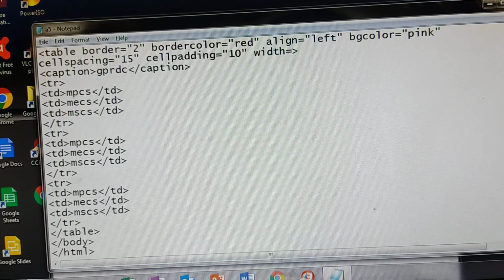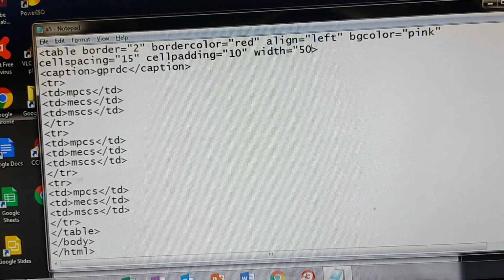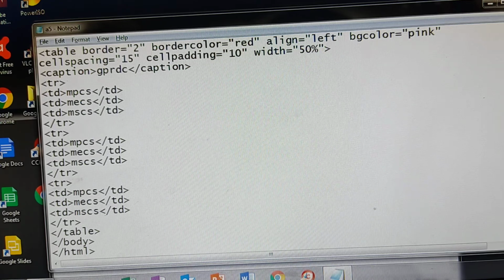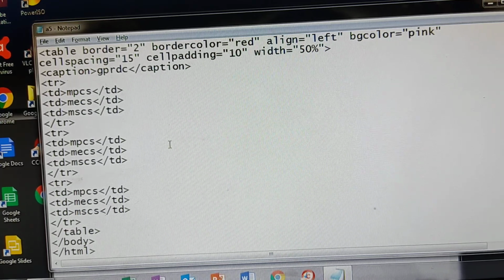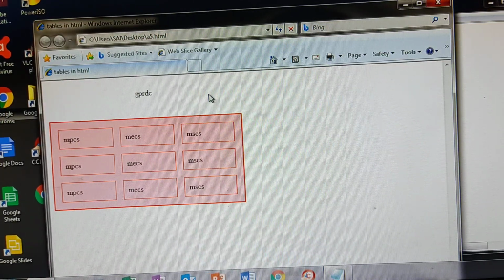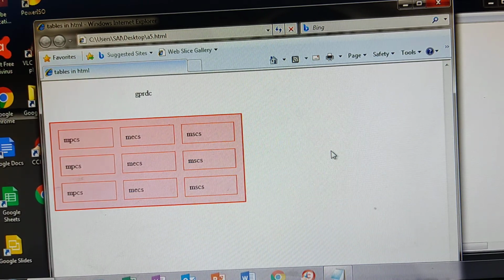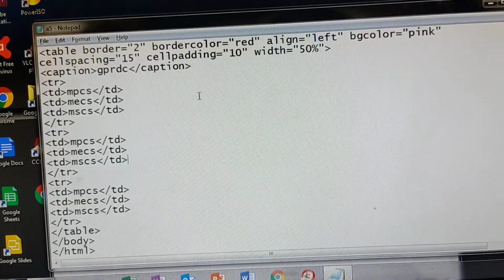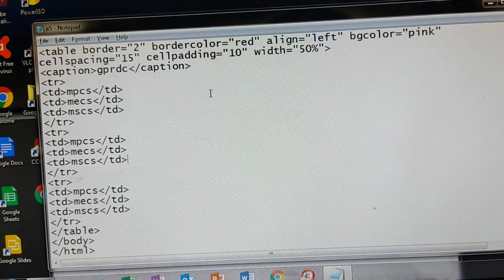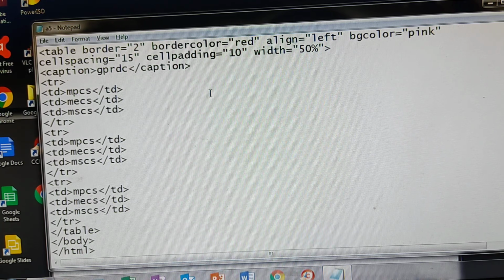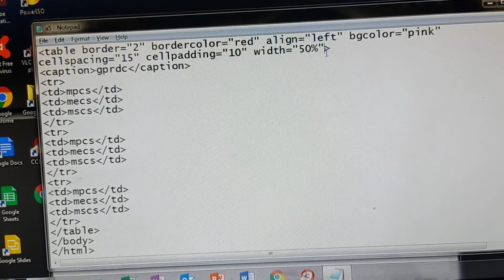Width equals to 50%. See, now this total size is 100%. Out of that 100%, how much space is it taking? 50%. Because I have given table width as 50% of the browser window. So the total browser window size is considered as 100%. Out of that 100%, we are using 50% for the table.